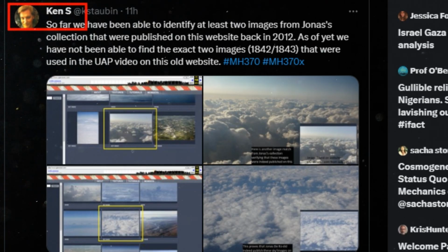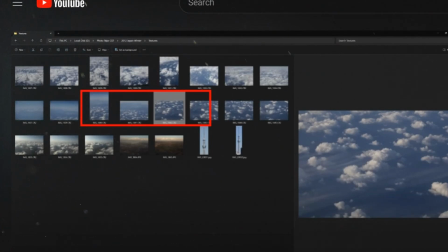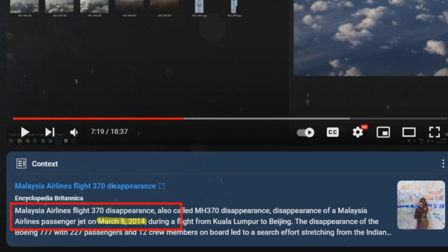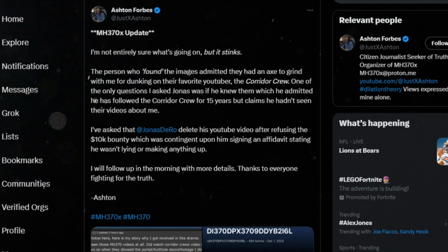Ken did find a corollary for the old version of the Textures website shown here. However, we do not have a confirmation of the relationship between this photo you see and the alleged Mt Fuji photos, which would be necessary to link all the photos to a date before March 2014 when MH370 disappeared. You see, it is possible to have some fake images mixed in with real images to confuse the matter concerning origin. And I'll just share with you this comment made by Ashton at this point just 10 hours ago on